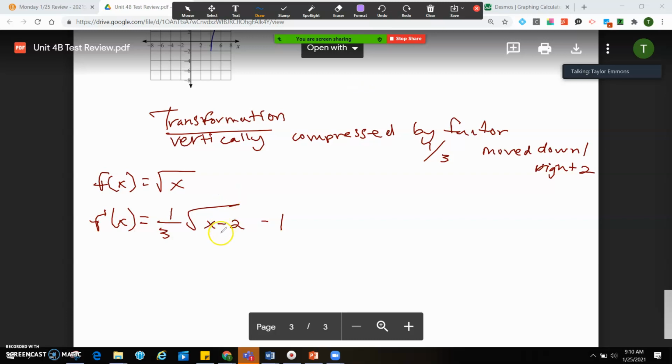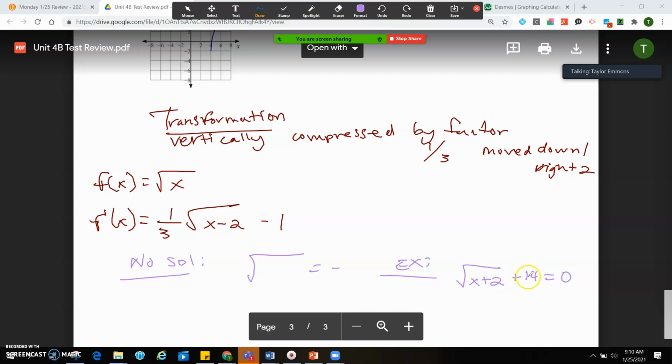Another thing that I want to mention is there's a lot of just plug it in and check your solutions. But if something says find a no solution equation, that's going to be the one that has a square root equal to a negative number. So what I mean by that is, for instance, here's an example. If I have the square root of x plus 2 plus 14, and I set it equal to 0,